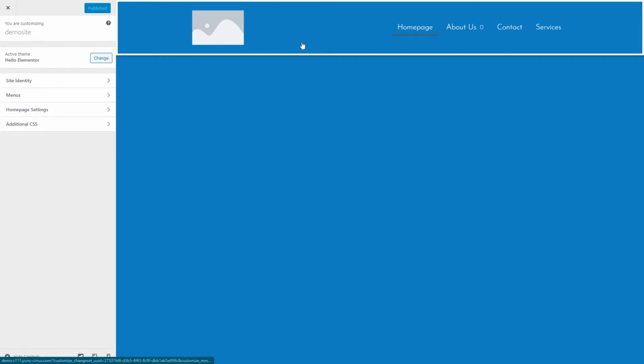So as you can see here, this is our nav bar. This is a site logo element in Elementor. We haven't got a site logo set yet, so this isn't bringing anything through, and that's what we're going to do now. So let's click site identity on the left,